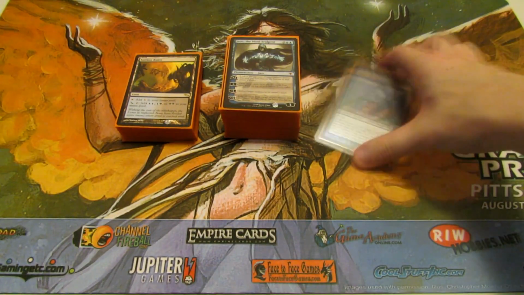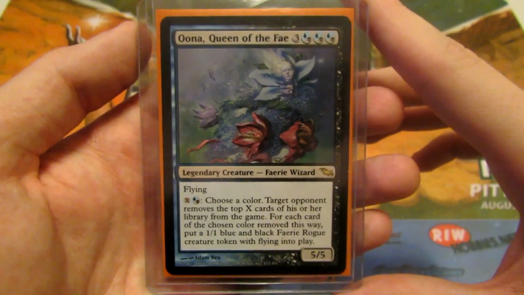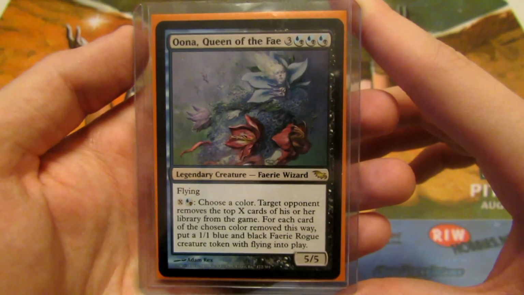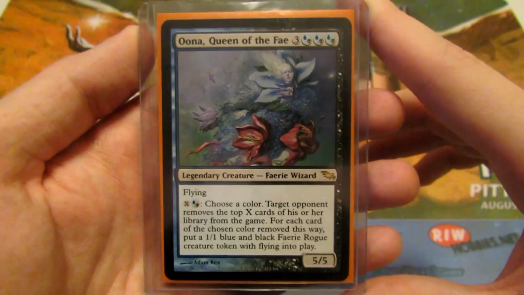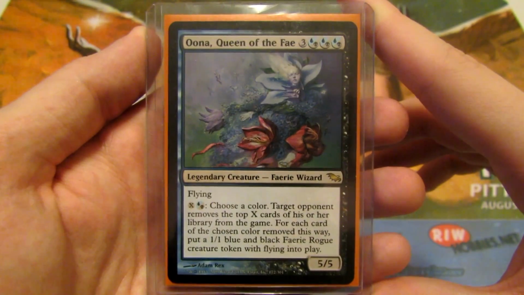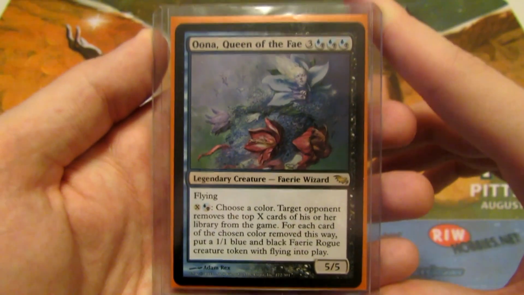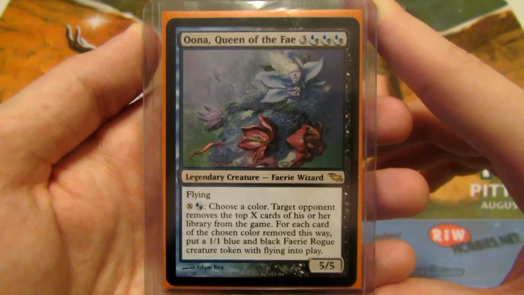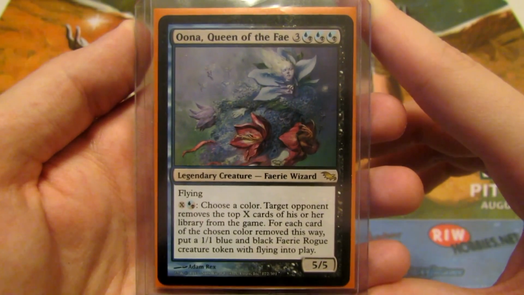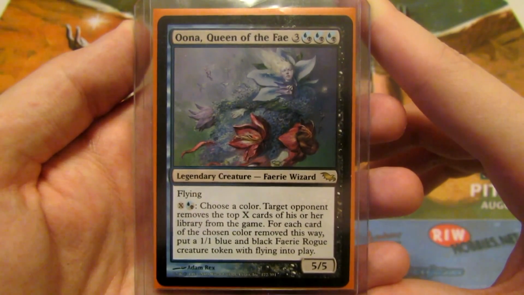So, if you guys are unfamiliar with Oona, she is a 6-cost legendary creature, 3 generic, and 3 split blue and black hybrid. She has 5/5 power and toughness, and she has flying, and for X amount of mana and split blue or black, choose a color. Target opponent removes the top X amount of cards from his or her library from the game. For each card of the chosen color removed this way, put a 1/1 blue and black fairy rogue creature token